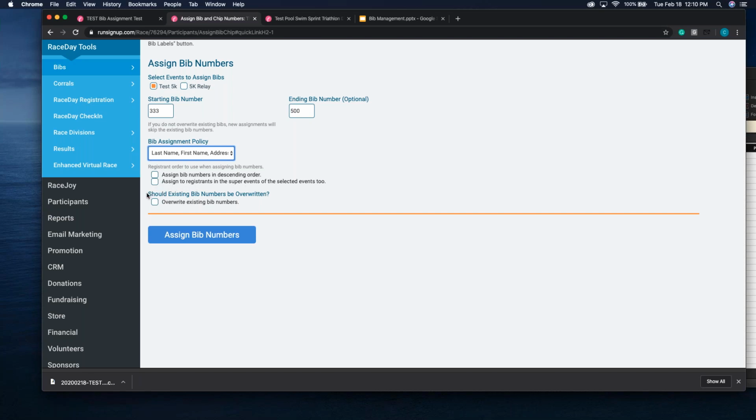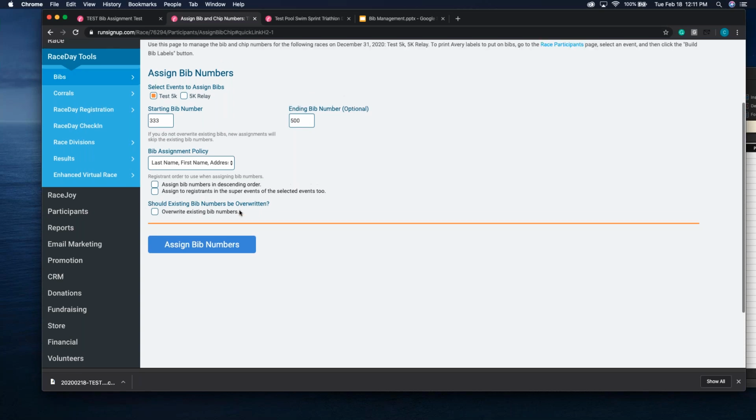So one thing I want to point out, this right here is the only place in all of RunSignup where you can overwrite a bib number. So you can clear a bib number on that clear bib number screen. But if you go in and manually enter some bib numbers, as long as you don't click this button on this assigned bib number screen, you're not going to overwrite bib numbers already in there. So if we go to assign bib numbers,